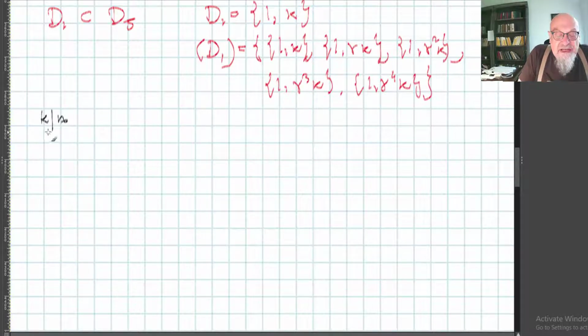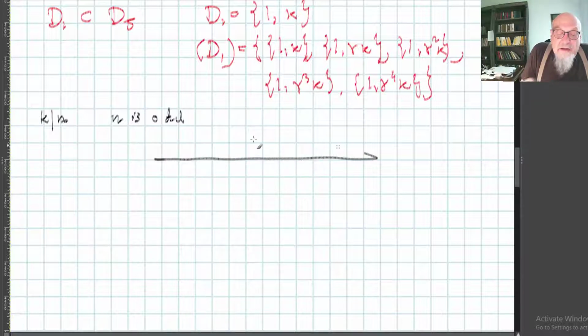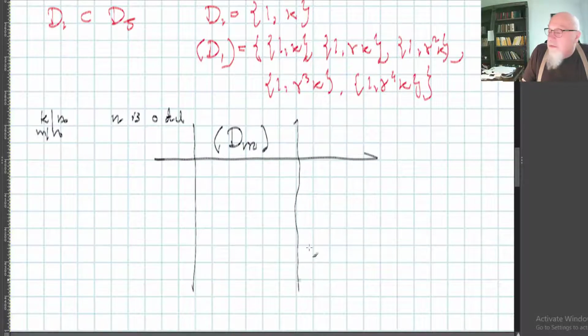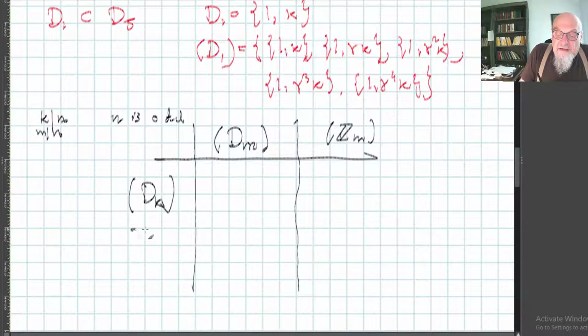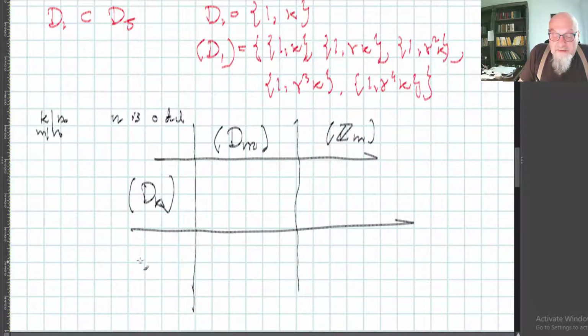So we have an integer k that must be a divisor of n. Remember, n is odd, otherwise I will not be saying the truth. So in such a case, let's say m is also a divisor of n, and then we have here the multiplication. So here we have the subgroup D_m, here we have the subgroup Z_m, and then we have the subgroup D_k, and a subgroup Z_k,